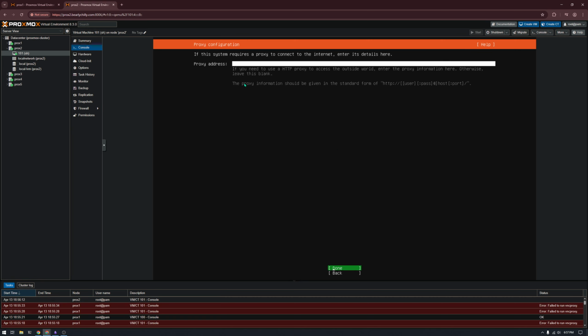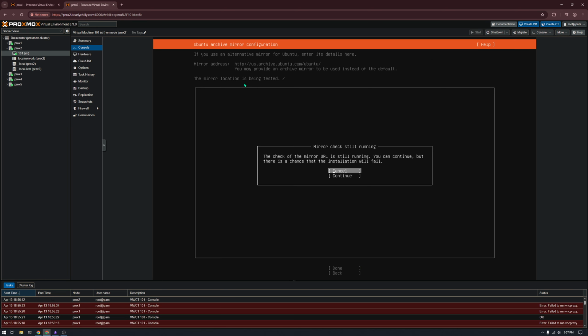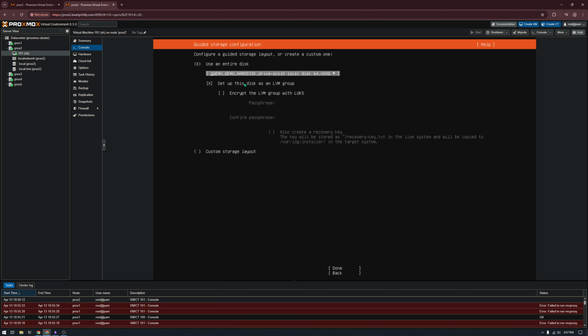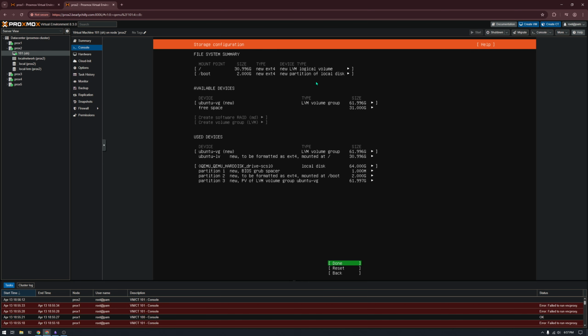So this is good. No proxy address. Just gonna skip that. This all looks good, the 64 gig disk. The one thing we do need to change is I'm going to change the size of the